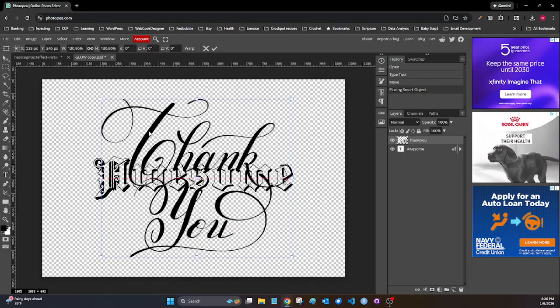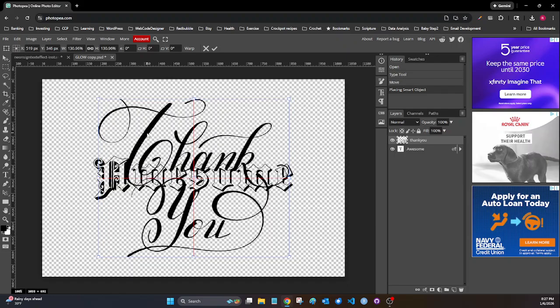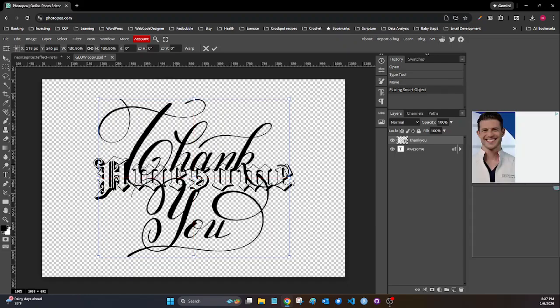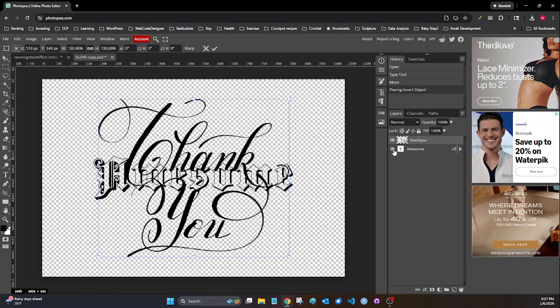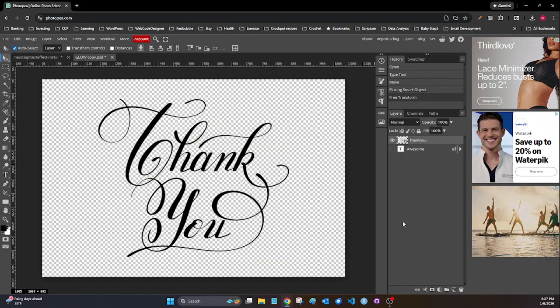Up or down. This is close enough, okay? And I'm just going to hide the text object here by clicking on the eyeball that's next to it to hide it, okay? So right now I just have my PNG design file inserted here. And so now to save the changes, we're going to do the same thing we did